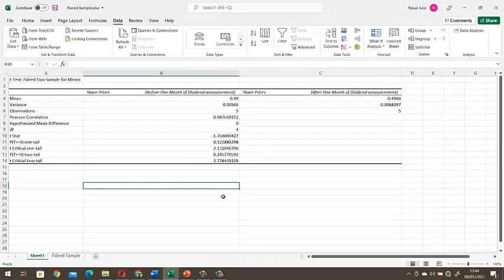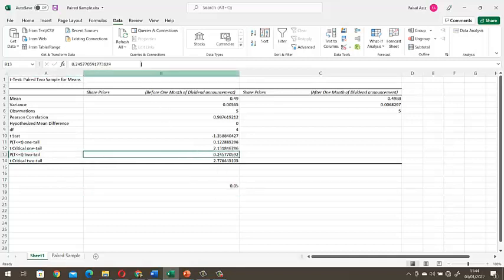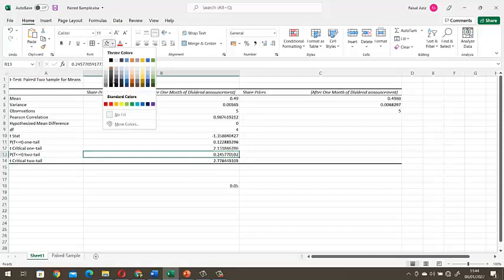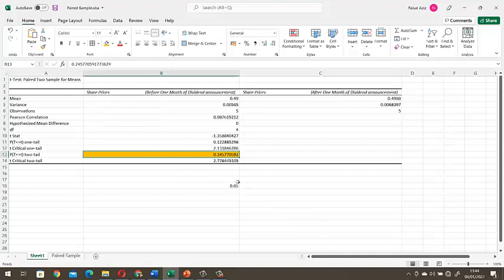I've already discussed that we use a benchmark p value, let's say 0.05. Now you can see this two-tailed p value is 0.24. Let me highlight it. You can see that this p value is greater than our p value of 5%.